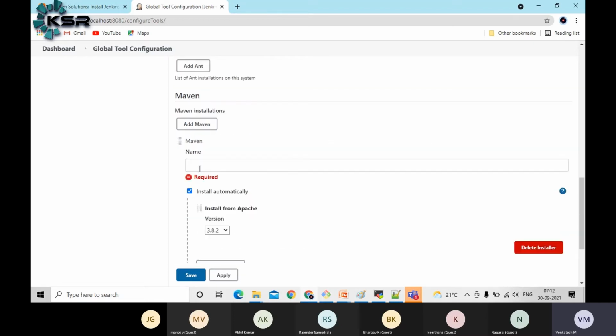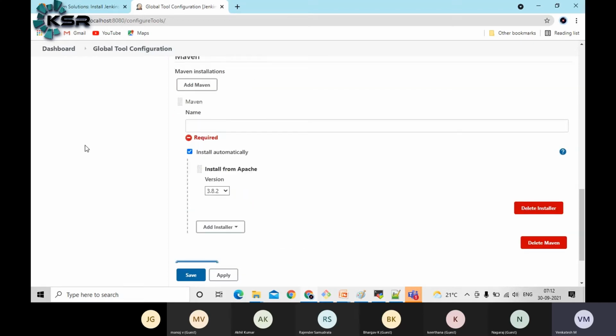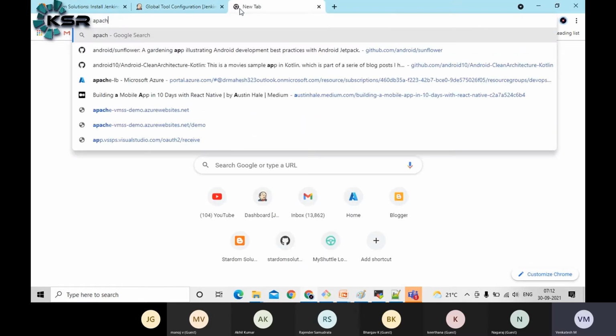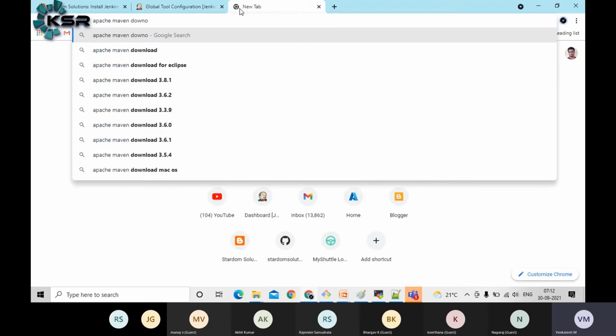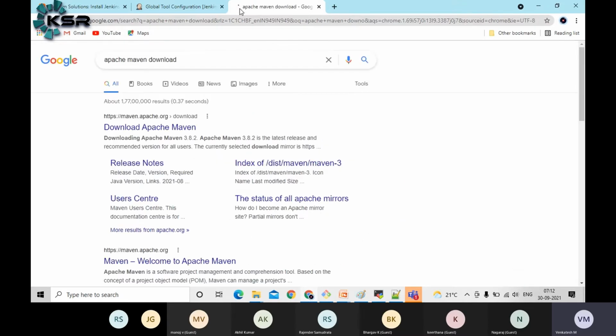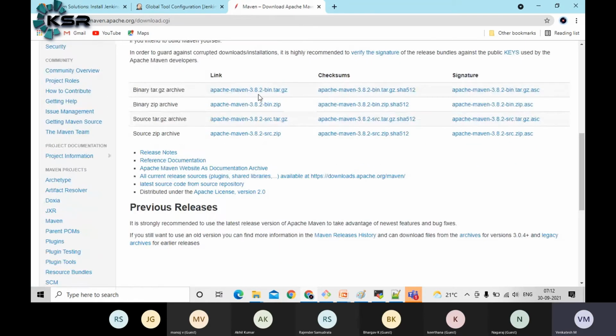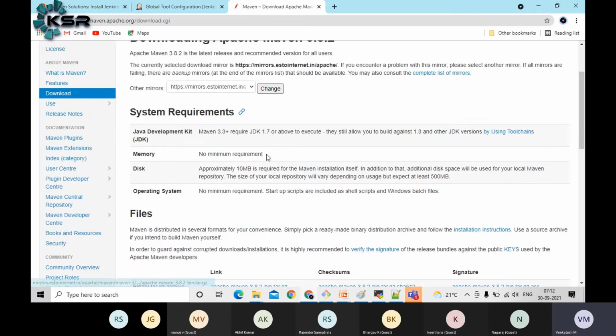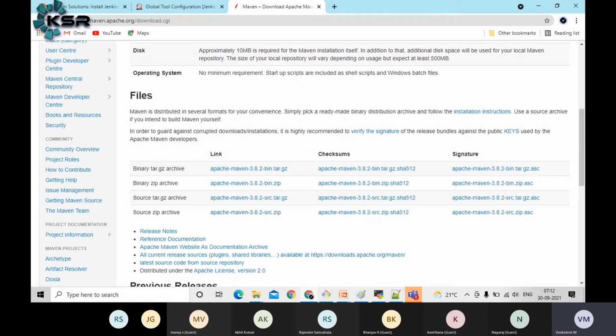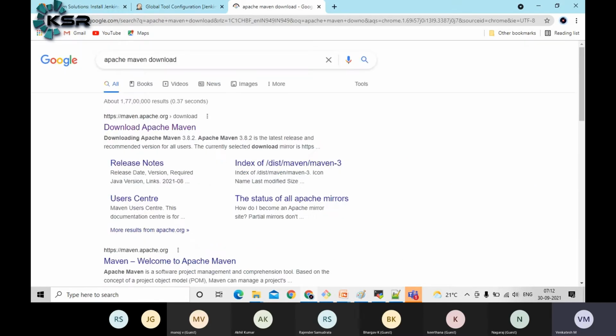If you want to use Maven here, in Maven also we can have multiple versions. Say the latest version is 3.8. What it will do is directly connect to Apache, guys. That's it, Apache Maven. There is some repository path. From here it is going to download. These are the different software versions. When you say 3.8, it will connect to the repository and download.